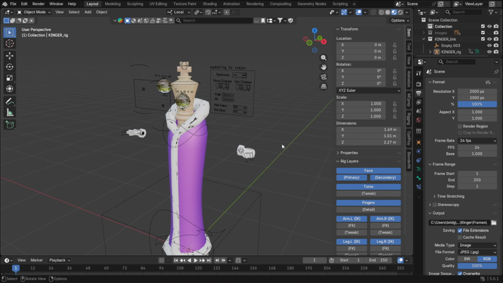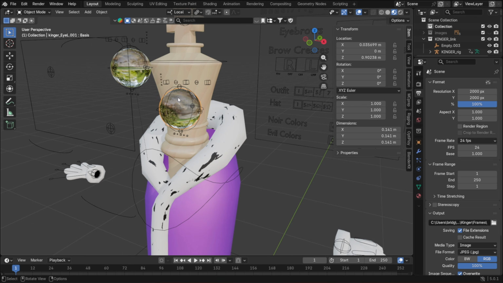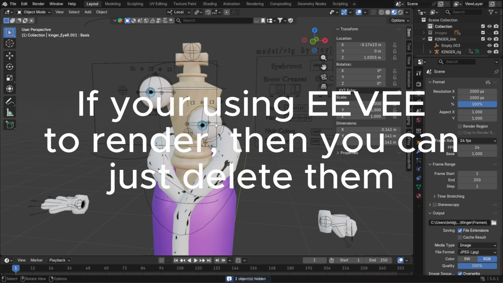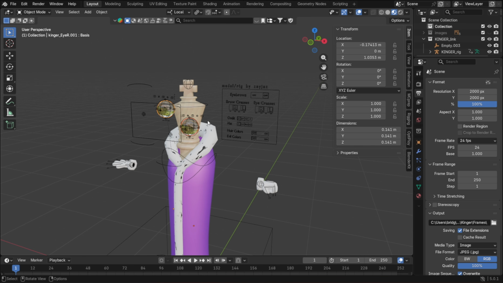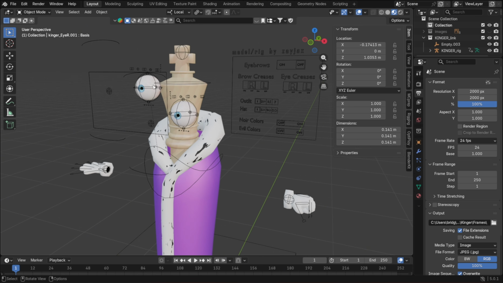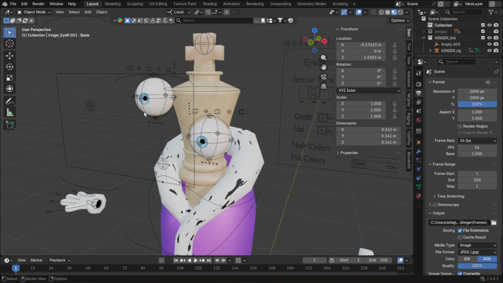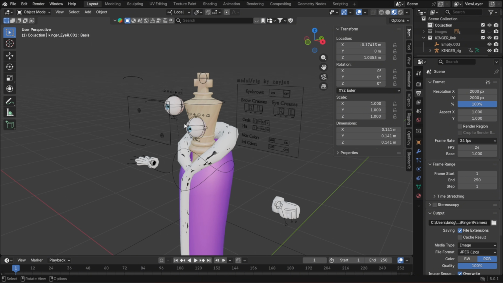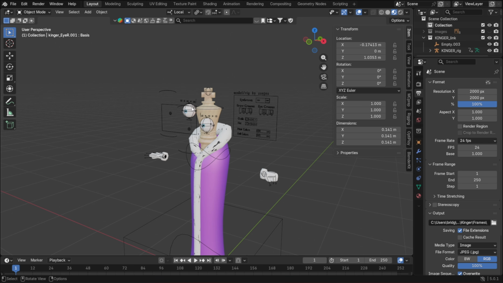Also, while animating, I like to grab these little eyeballs and hide them so I can actually see his real eyes, because they're usually hidden by these things. You can just press H to hide them. And don't worry, they will be visible later on, whenever you press render. But I like to hide them so I can actually see what I'm doing with the eyeballs while stuff is happening. Okay, and now with all of that normal stuff out of the way,